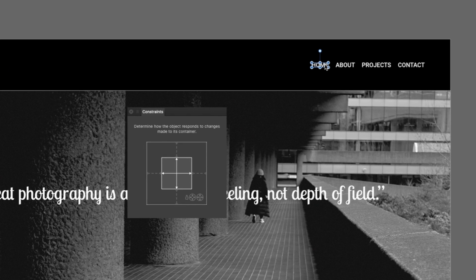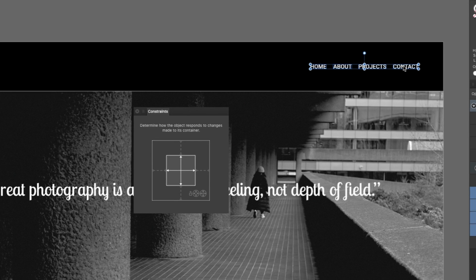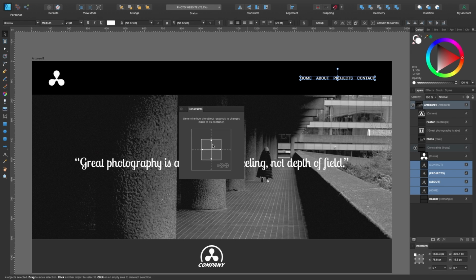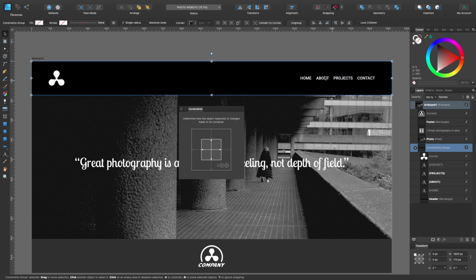Go over to the right-hand side and I will select all of these. I'm keeping hold of Shift right now, by the way. And I'll also take off the scaling and I'll anchor it to the right-hand side. Okay, for the next one, I will select the group, which is the big square here. And for this one, I will take off scaling and I will select anchor left, anchor top, anchor right.